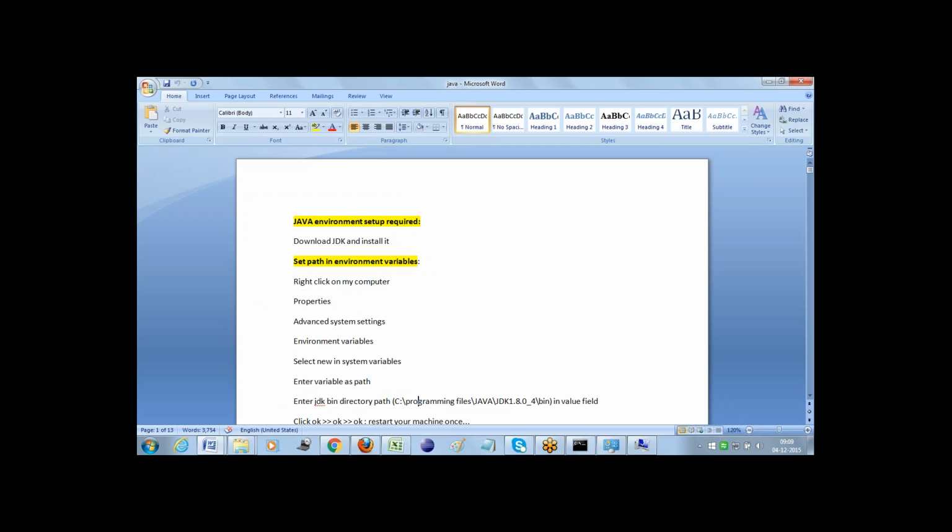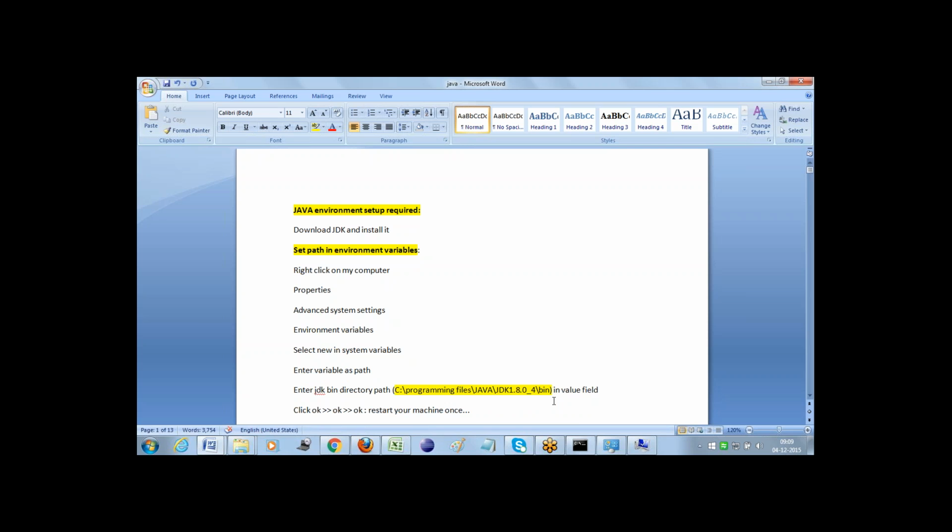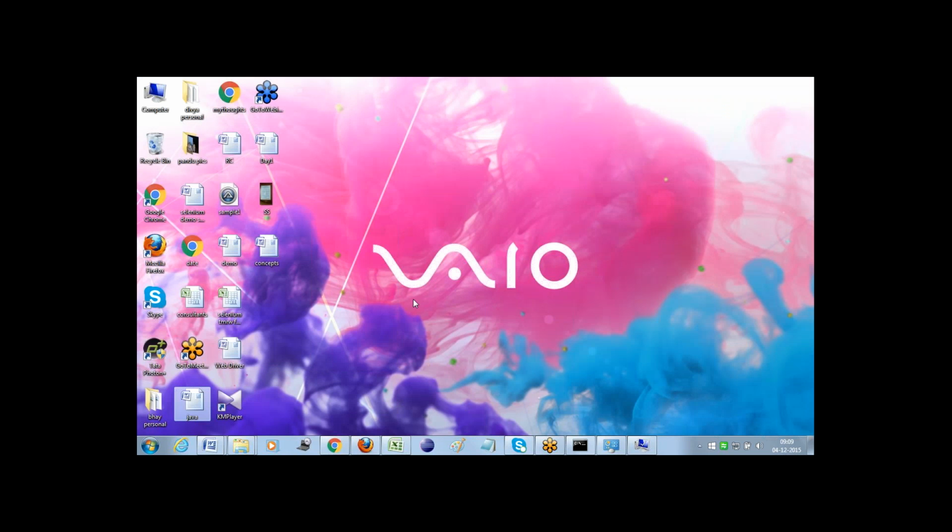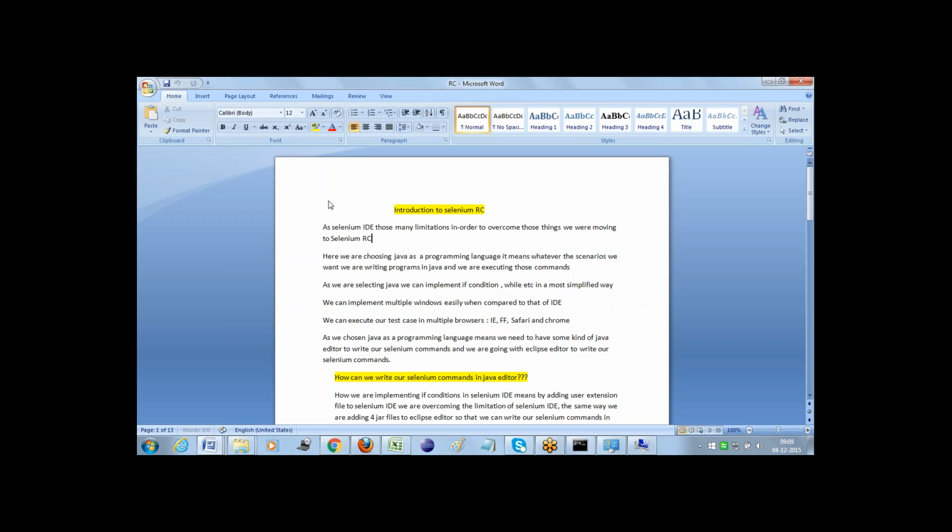After that, we need to get the Java folder location, which is here, in program files under Java, JDK. Till bin, copy the value and paste it over here and click on OK. After that, restart your machine. So these are all the steps for how to install Java and how to set up the environmental variables in our machine. Done up to here.